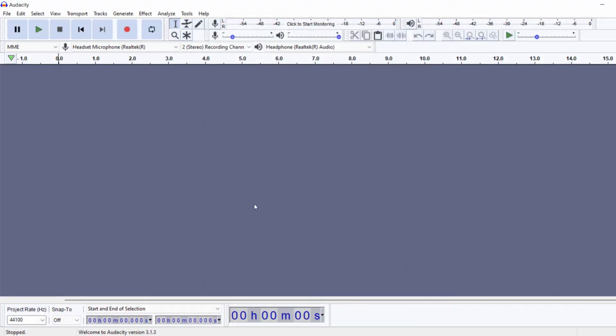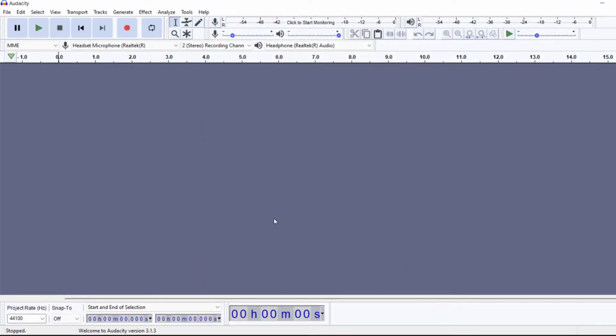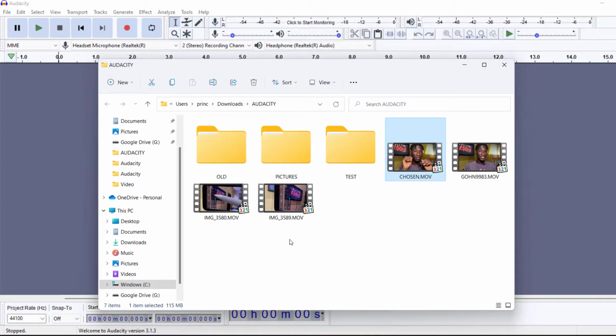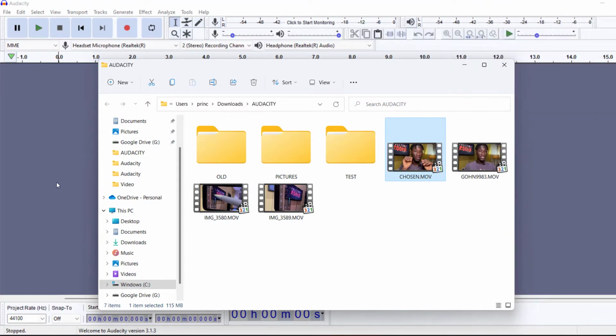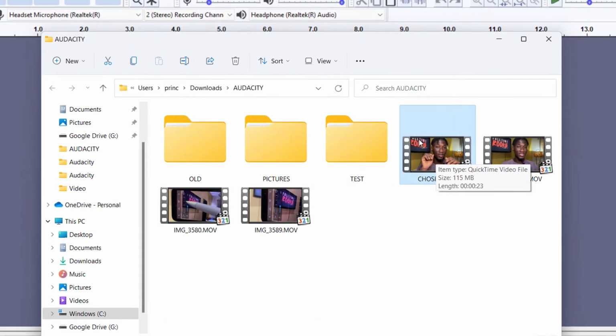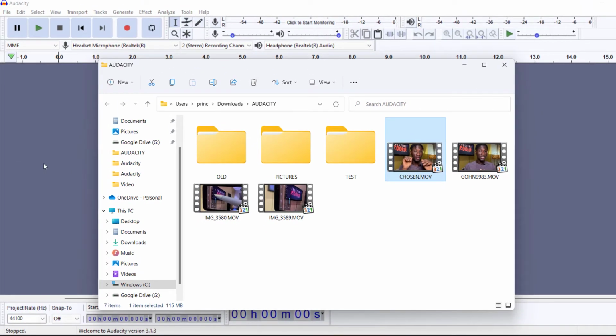So when it opens, this is what the interface looks like. It's very simple. The next thing we want to do is import the audio we want to edit. If you've already recorded your audio separately with a third-party app like Rode Reporter, you can just drag that into this interface here. If not, and you've recorded your audio and video together as one unit like I have here, you have to first convert your video to audio and then import the audio, edit it, and then send it back to the video editing app you usually use.